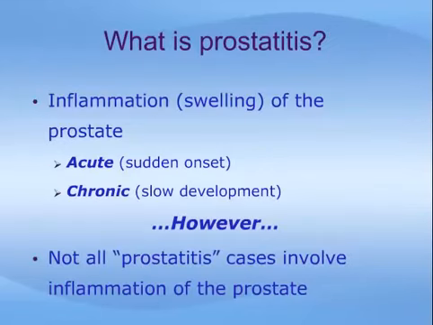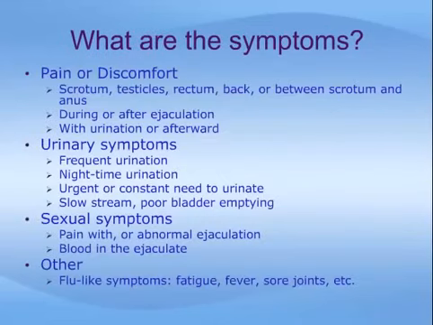Prostatitis means inflammation or swelling of the prostate. Inflammation is the body's response to protect itself against injury or infection. Prostatitis can either be acute, with a sudden onset, or chronic and slow to develop. Symptoms of prostatitis generally fall into 3 broad categories: urinary symptoms, sexual symptoms, and pain. Urinary symptoms may include frequent urination, nighttime urination, an urgent or constant need to urinate, and a slow stream or poor bladder emptying. Sexual symptoms include things such as abnormal ejaculation or blood in the ejaculate. Pain or discomfort may be felt